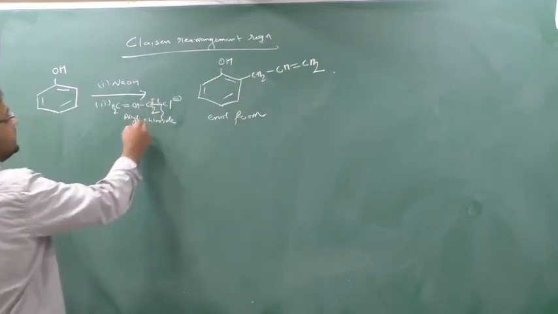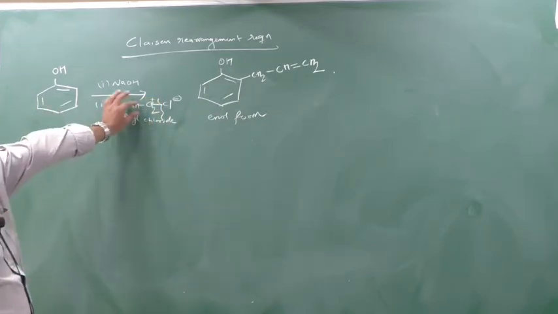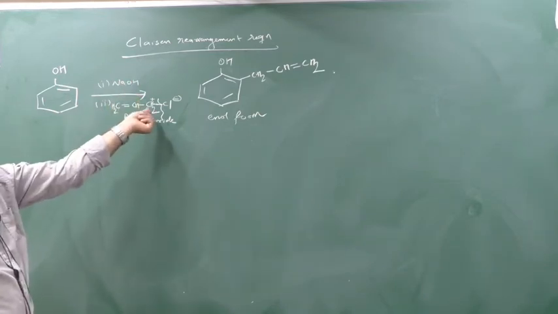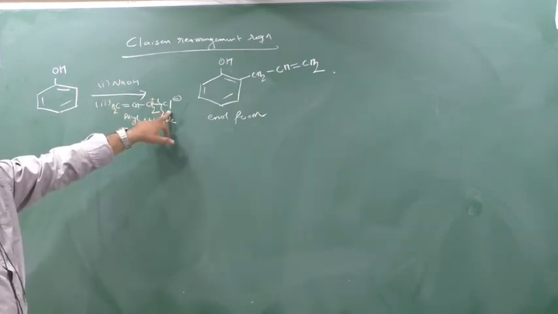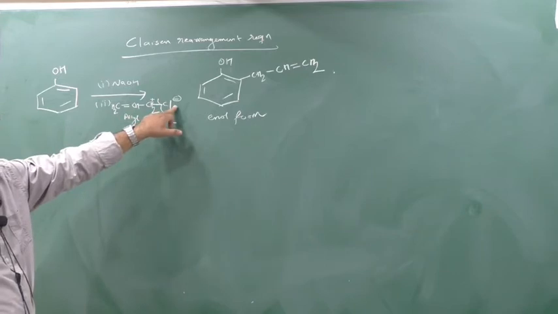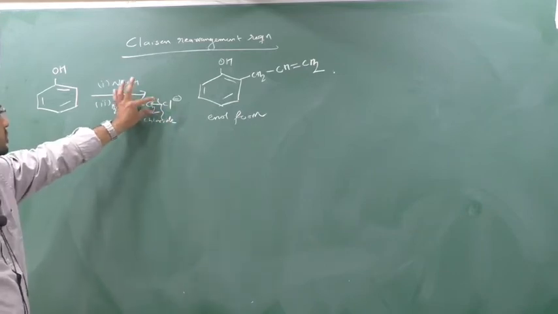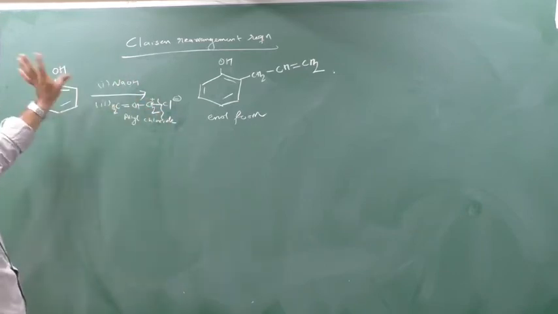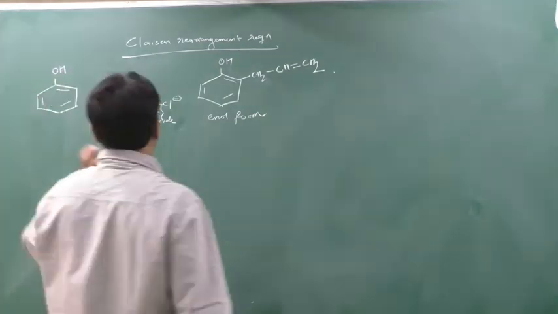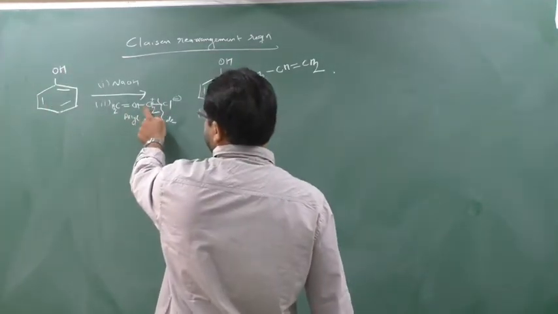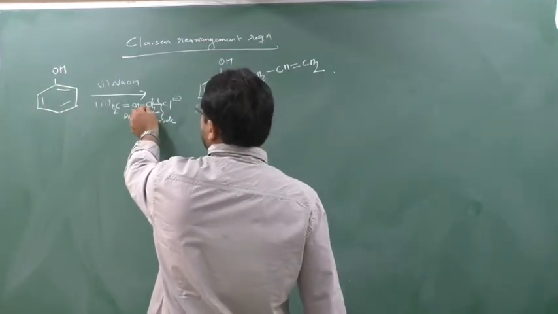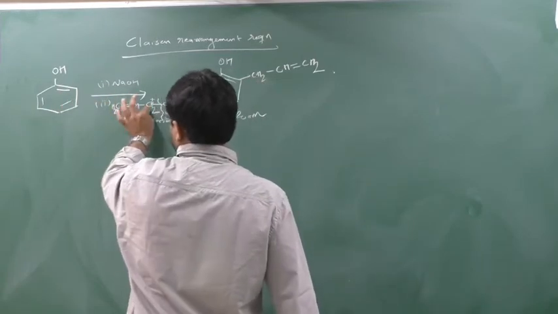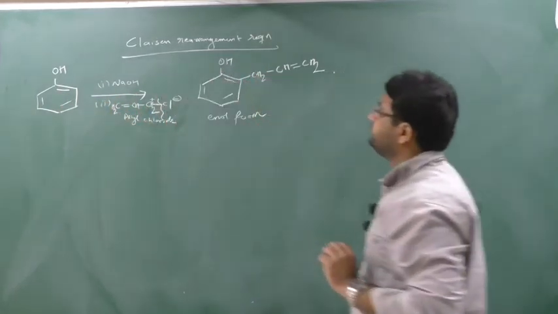You crack this, and whatever cation is generated, this is the cation. How? Because in this CH2Cl, Cl is more electronegative than this carbon, so it will create a minus charge and this will create a plus charge. So this whole cation you just attach on the ortho position. That's it. Since the plus is on this carbon, only this carbon will be attached. So CH2, CH, CH2 you attach in this one.